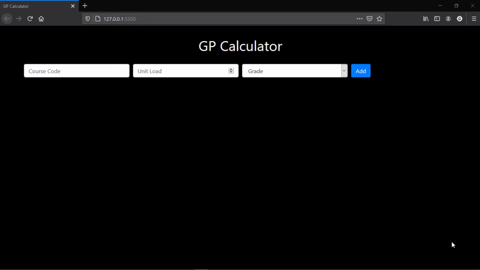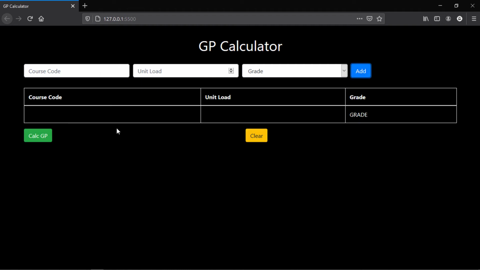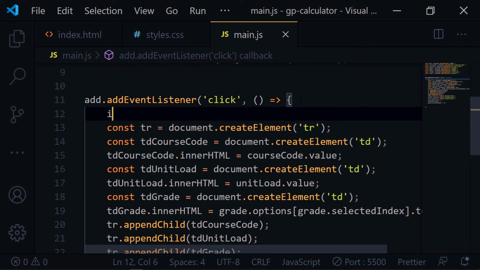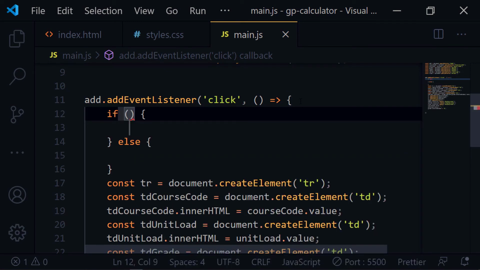So before I hook up the events for the calculate GP and the clear button, if you notice, if nothing is selected and I click the add button, it's actually adding to the table and nothing is selected, and we don't want that to happen. So we need to take care of this first before we start creating the events for these two. So we'll write an if else statement to check first if the course code.value is equals to empty string,